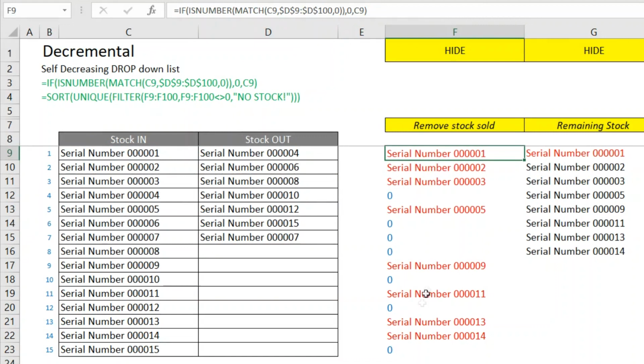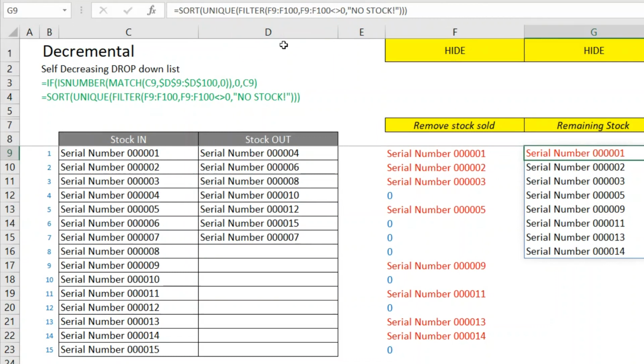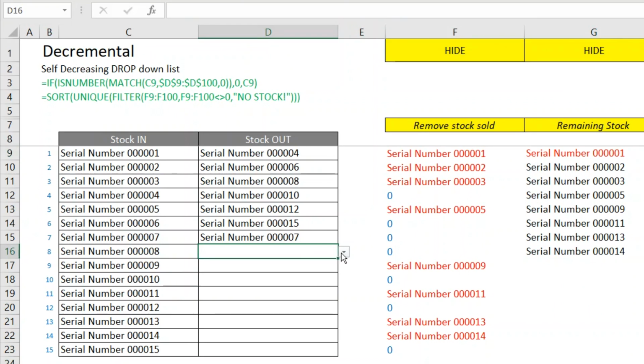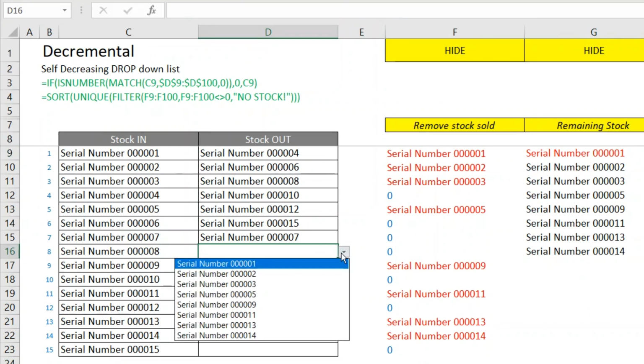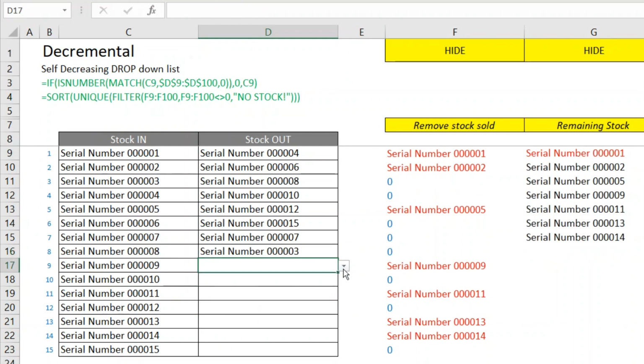So that's how we would get rid or create a new list, and obviously with the fantastic new sort unique filter command, which is not part of this video, and I'm just saying get rid of all zeros. That list creates the drop down. So this drop down here is actually coming from that list. Those are all the available stock items, and each time we add a new stock item, the list will get